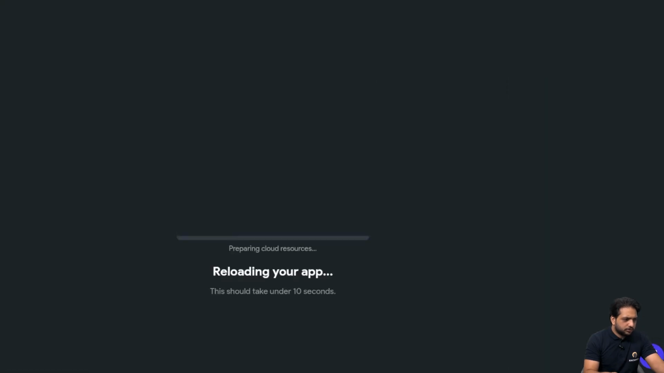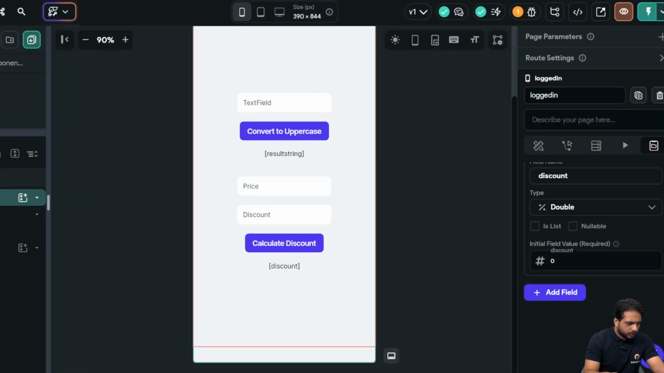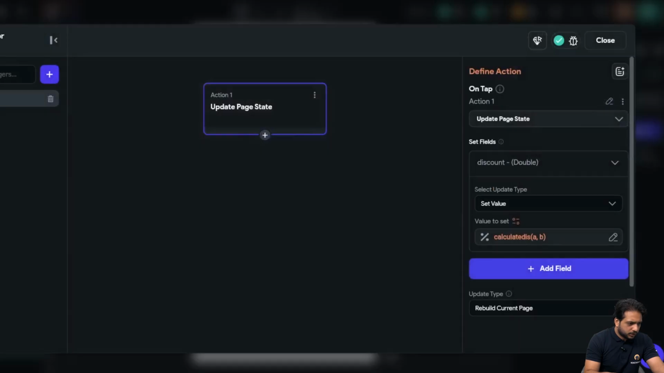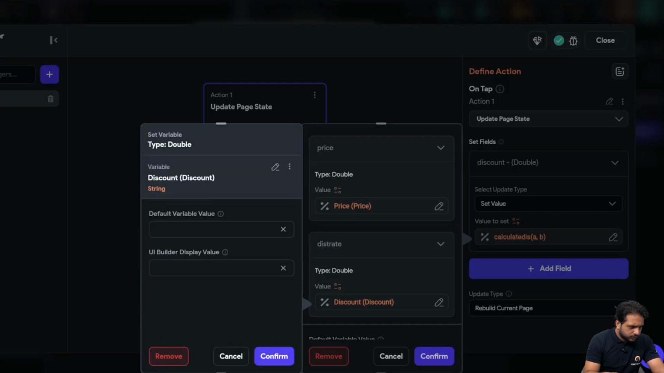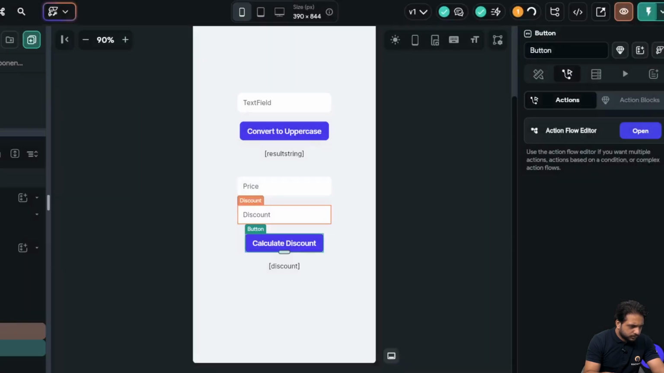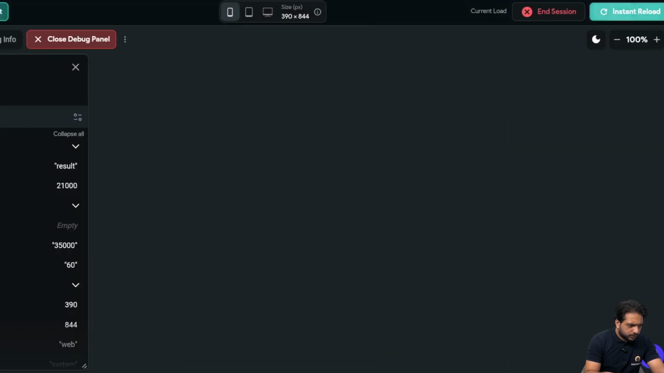And when I click on instant reload, now if I write here 35,000 and here 60%, I think I have made a mistake. Let me go to my action flow again. I will go to my discount, will be our discount text field, and confirm. It will be our discount, and when I click on instant reload again,